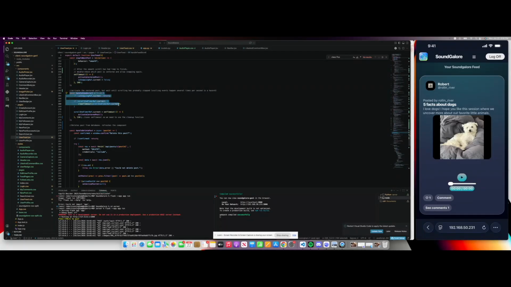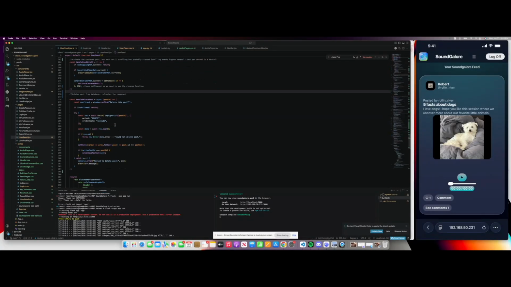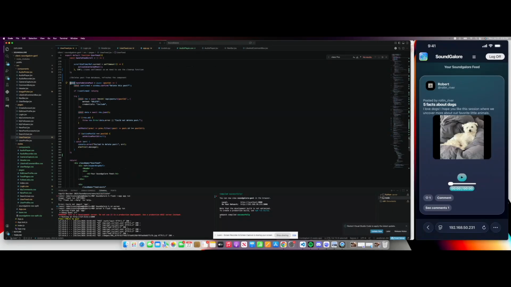Here we have one called handleFeedScroll. Basically it handles when you land on a post, and it sets a timeout for a little bit before it activates the post, to keep race conditions and things like that from happening. And then lastly, we have a helper for deleting a post from the database. So what that does is just send this request to API/post with this delete method, and either deletes the post